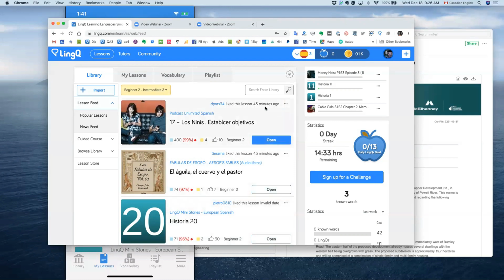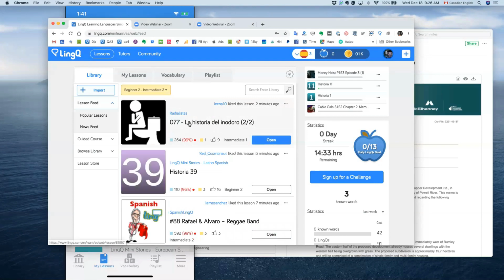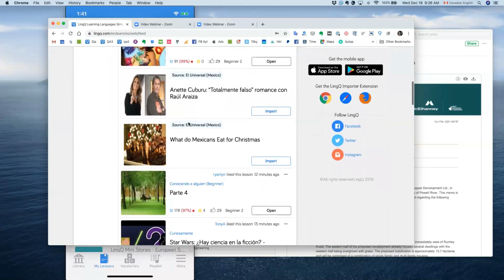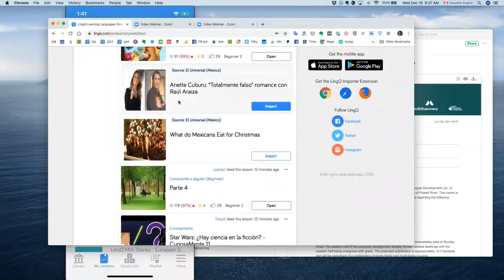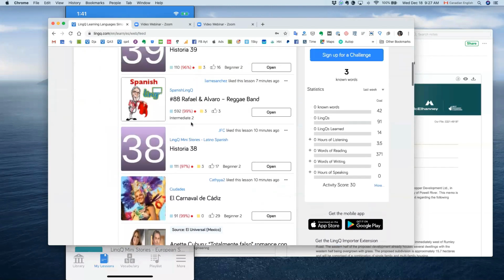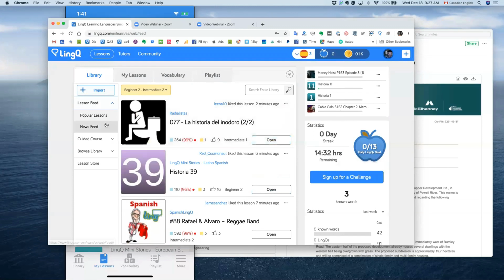Click apply, my feed will now readjust, targeting those levels that I've identified. And you'll see now that here's a couple different media articles that I can import. Moving on from there, if I actually do open a lesson,